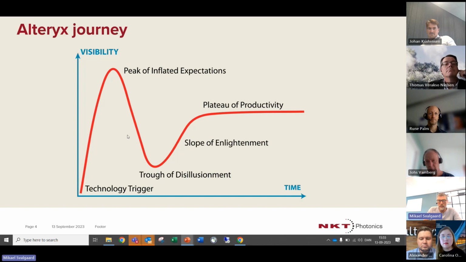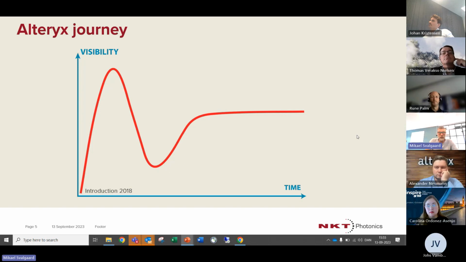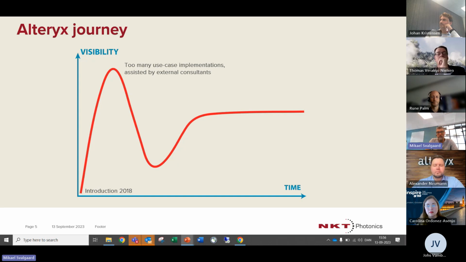And this was the illustration that I thought of when I wanted to illustrate the Alteryx journey that we had in our company. So if we place our company on this graph, we introduced Alteryx in 2018. We had the CFO leading this effort, promoting it and supporting it. So we had the management buy-in. We had a lot of money allocated for this. We had the Devo team helping us, lots of Devo team people coming in, lots of excitement building up, and we got a lot of use cases implemented really, really fast using the external consultants.